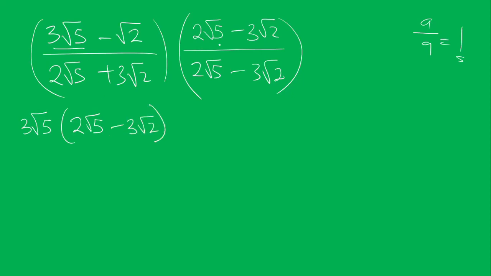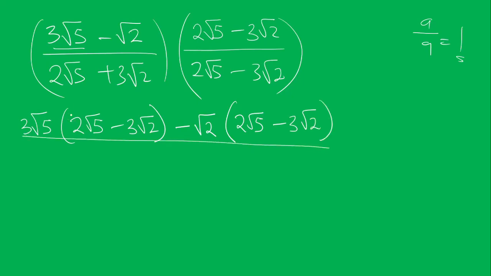The next one is we are going to use minus root 2 to multiply the whole of this. So we have minus root 2 times 2 root 5 minus 3 root 2, all divided by,